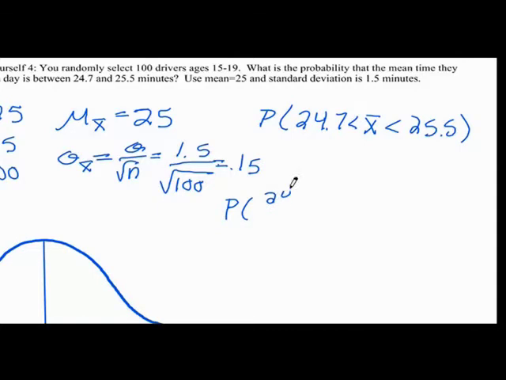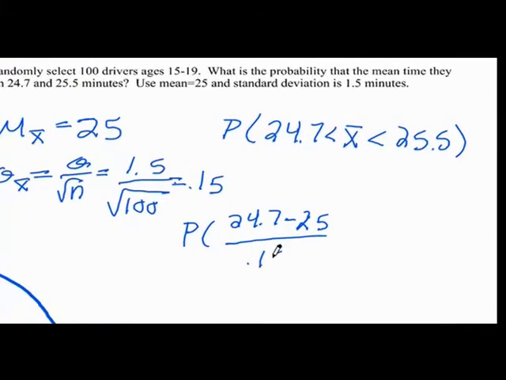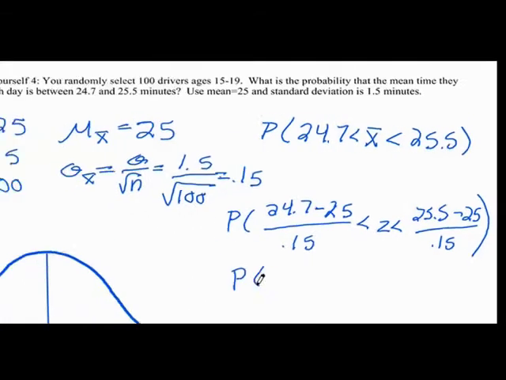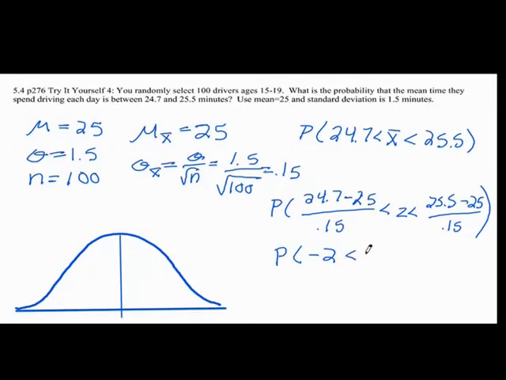So we're going to take our 24.7 minus our 25, x bar minus mu sub x bar, which is our 25, divided by the sigma sub x bar, which is 0.15, is less than z is less than, now we've got the 25.5 minus the 25 divided by the 0.15. Calculate those, make sure you press enter after you subtract them before you divide. Will be between -2 and